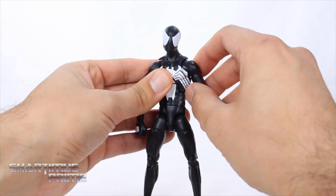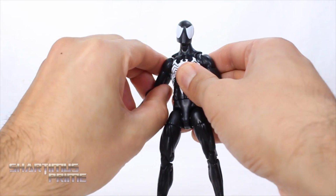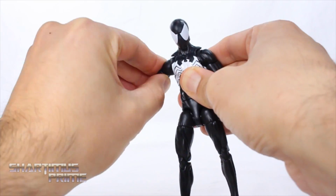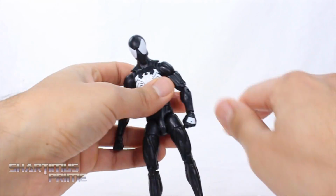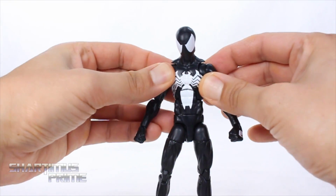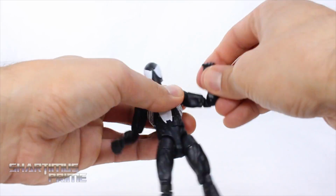Now here's the thing where people break their black suited Spidey figures is by moving the shoulder joints outward like that. Now I applied some heat on this figure with a hairdryer to try to loosen those up, but you could still hear that thick joint right there, and compared to the Spidey, there's like no noise at all, barely any sound, and that's really thick. And I don't really recommend using the hairdryer for that because that really didn't help much, and all it really did was loosen the hell out of the butterfly joints and made me scared that I was going to break something over there. But anyway, we get a bicep swivel, we get double jointed elbows, which are also quite stiff,